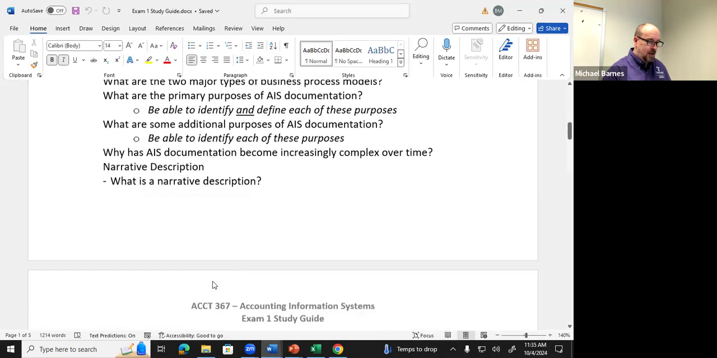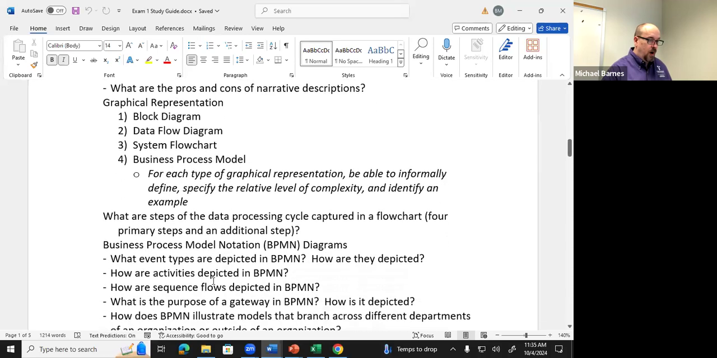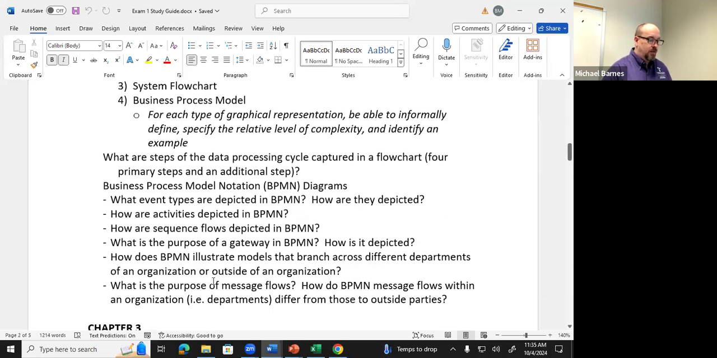Going back to the study guide. What are the steps in the data processing cycle in the flow chart? So what are the four primary steps plus an additional step? So this is probably the only type of question I would ask over flow charts because we cover them at a